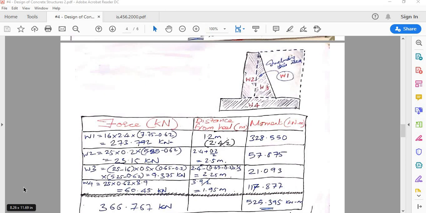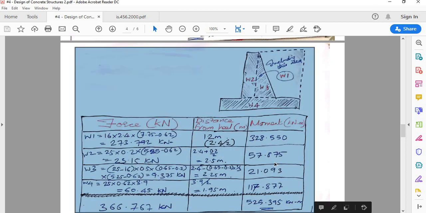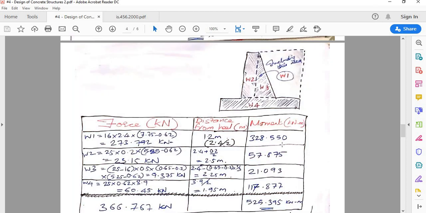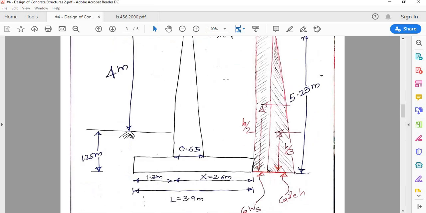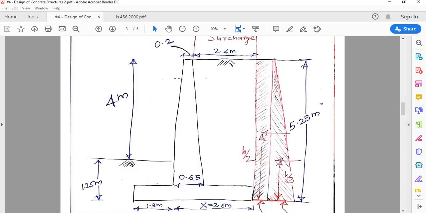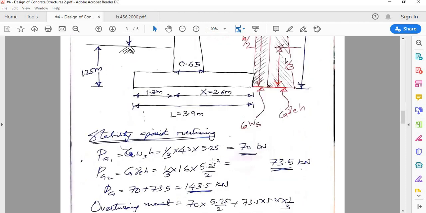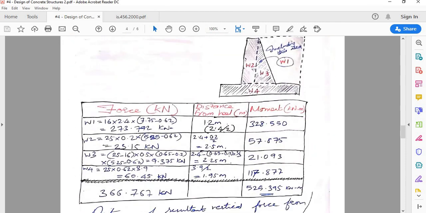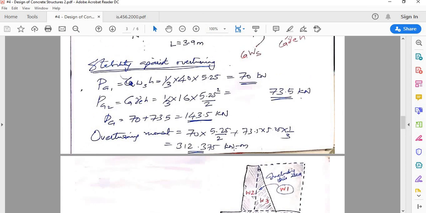Hello students, continuing on the retaining wall problem from where we stopped in the last lecture. So we were discussing this table. Basically we were trying to do the stability check. We had arrived at the preliminary proportions, or preliminary sizes, of different parts of the retaining wall. Now we are doing the stability check. First we are checking for overturning.